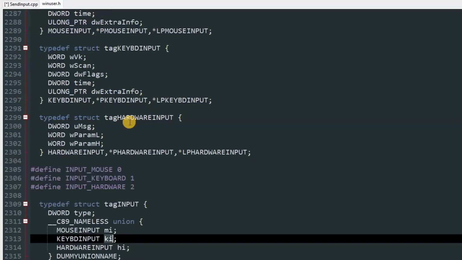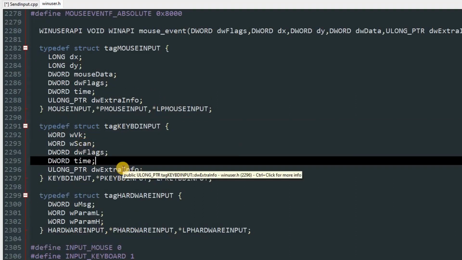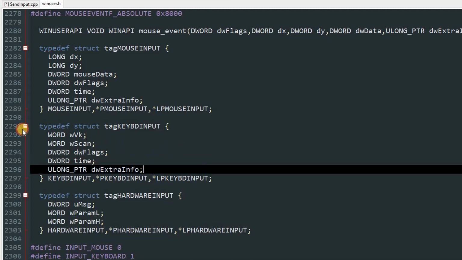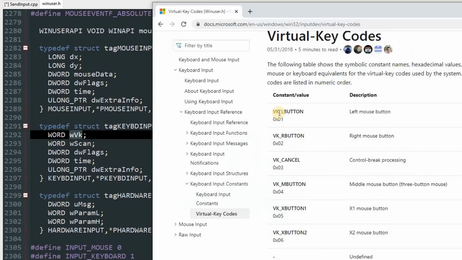Now after ki we can pass in this many parameters. So basically these are similar to my other video where I teach you how to use the keybd_event function, which is like kbd_event, that is its real name. So here you can pass the virtual key, which is a value that defines the hexadecimal of the corresponding key.